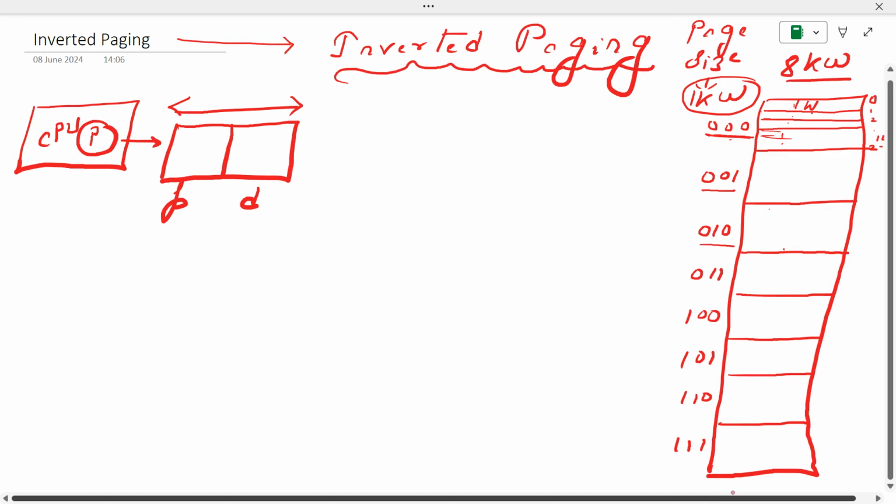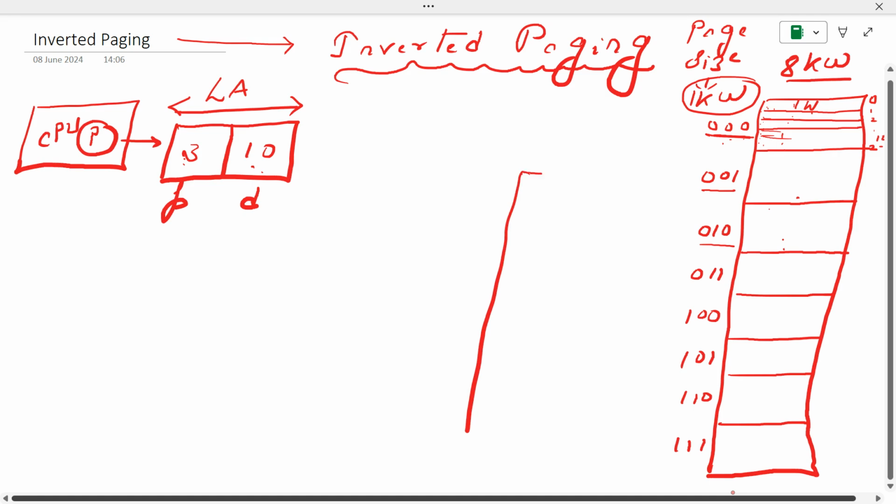Now this is our virtual memory. The CPU generates this address. Let's say the CPU generates a logical address carrying 13 bits, 3 bits and 10 bits. The 3 bits denote the page number, and the 10 bits denote the page offset, that is, in this page, where our information or instruction is present. But from this, the CPU cannot access the virtual memory directly, because these pages are brought